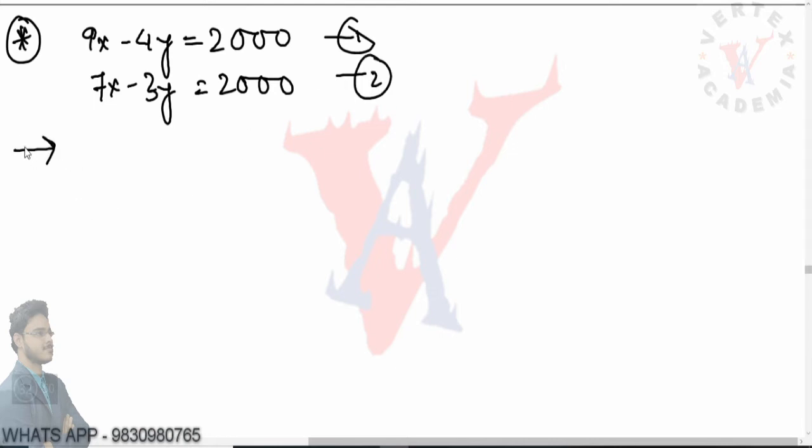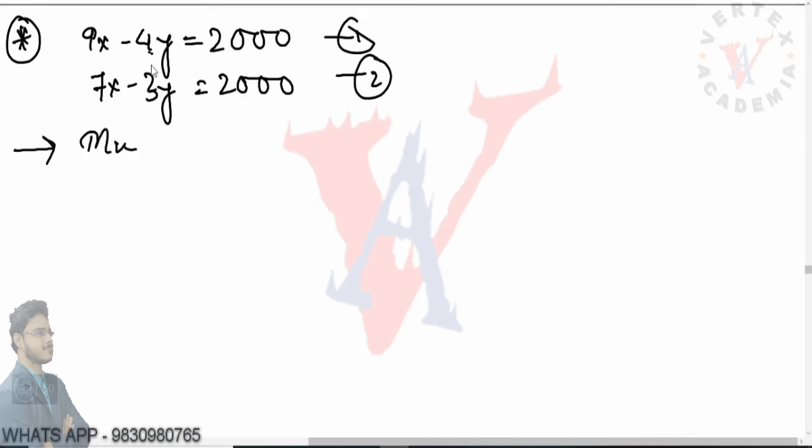Now we can choose any of the ways. Let us choose the coefficients of y, which seem to be a bit small. You see 4 and 3 are the coefficients of y and 9 and 7 the coefficients of x. If we proceed with the coefficient of x rule, the calculations will be a bit difficult because the numbers will be big. While you practice problems, you will gather the experience to choose which direction to go. The more you practice, the clearer the overview you will get. So let us proceed with the y coefficient.